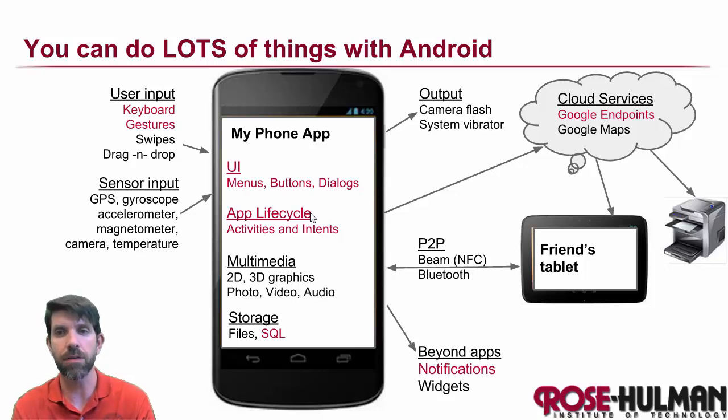What we're going to do instead is go in some pretty good depth towards the end of the course on cloud services and specifically Google endpoints, which is going to enable us to store data up in the cloud, data that's going to be accessible from various devices, and you could even send information up to the cloud and have it printed. Cloud services also include things like Google Maps, which some of you may want to learn about for your project. I have some materials there, but not core like some of the other things.